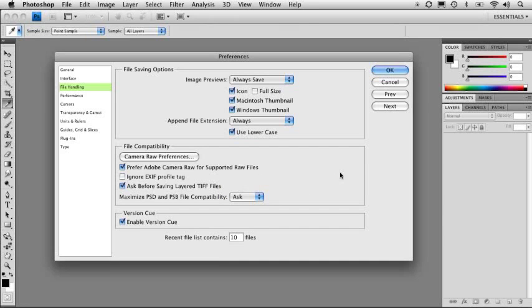That way you can determine that at the time you're saving the file. It doesn't always do it automatically because you may set up file compatibility when it's not necessary to. So probably leaving it to ask is a good way to go. And here you can enable the version queue, and you can determine your recent files list, which under the file